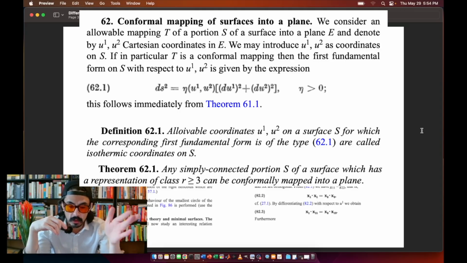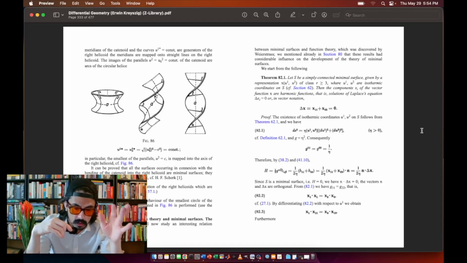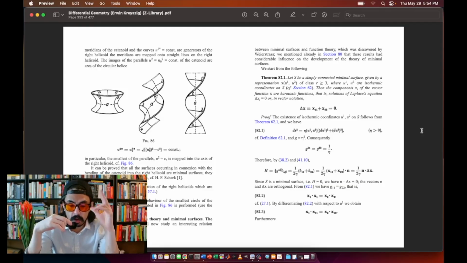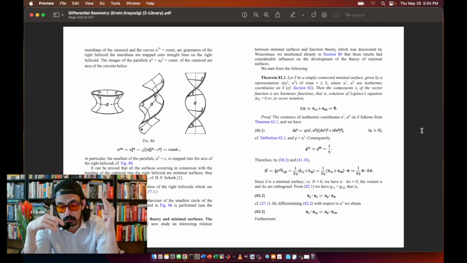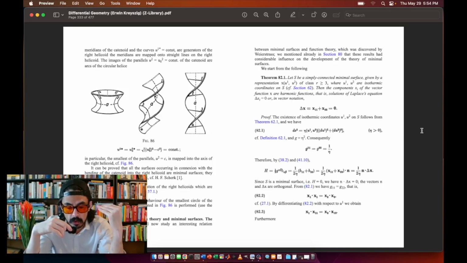The existence of isothermic coordinates u1 and u2 on S follows from theorem 62.1. And we have, like I just read, ds squared equals nu times du1 squared plus du2 squared with positive nu,